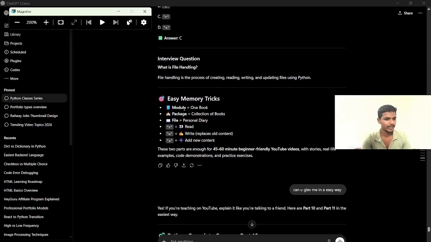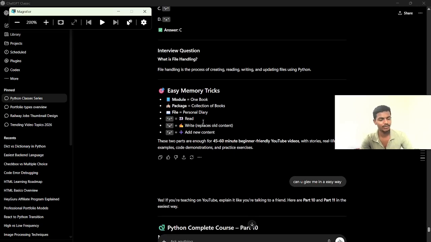I will complete module: one book. A module means a collection of some functions used to perform a task. No need to write the code; by using these functions you can reuse the code automatically. A package means you can import a package, and in the package we have a lot of modules. Based on the modules the package will perform the task. And file means read, write, add, review, all the operations, all the modes you can use in file handling. R means read, W means write,